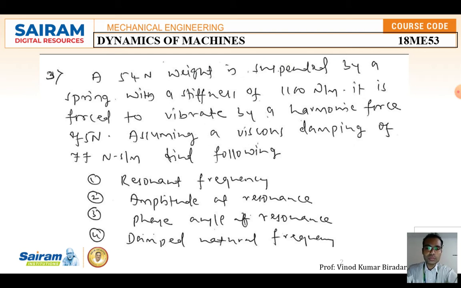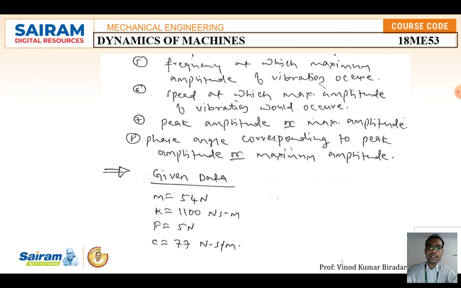Find the following values: the resonant frequency, amplitude at resonance, phase angle at resonance, and damped natural frequency. Then the frequency at which the maximum amplitude of vibration occurs, the speed at which the maximum amplitude would occur, the seventh one is the peak amplitude or maximum amplitude, and the eighth one is the phase angle corresponding to the peak amplitude. I took this problem from the university. If you solve these 8 quantities that they are asking for,